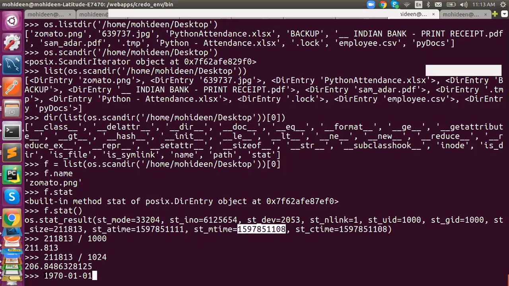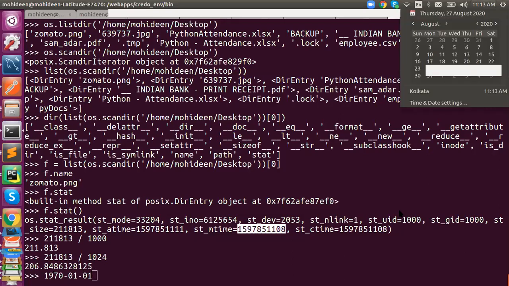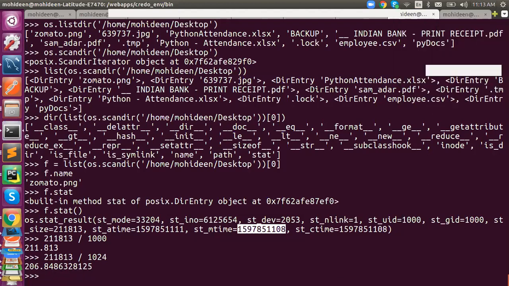So if we go from 1970 till date, now it is 2020, almost 50 years. 50 years, 8 months and 26 days. You need to convert it into minutes. I'll do some rough calculation: 50 years into 12 months, and you need to add 8 more months.